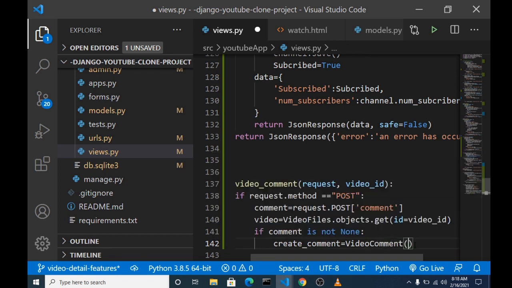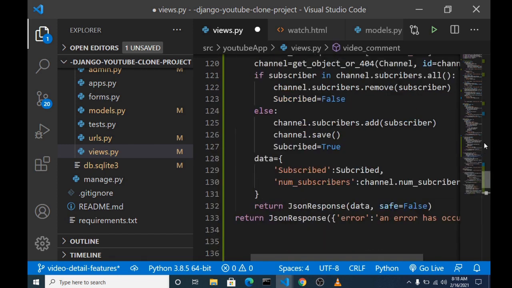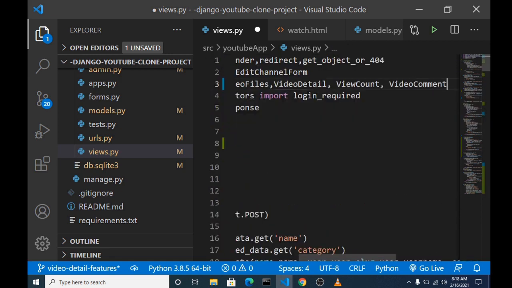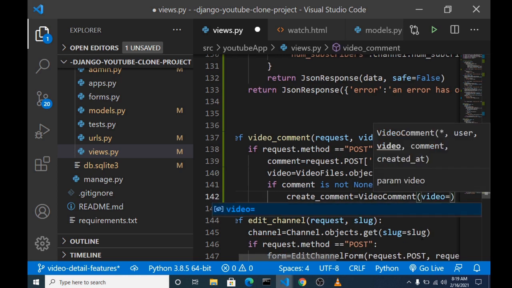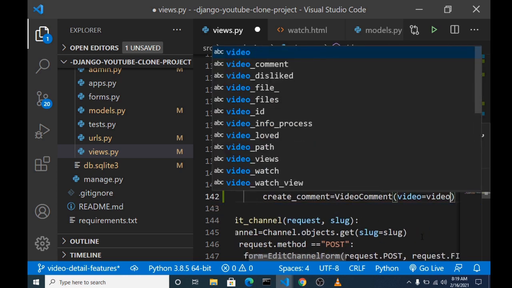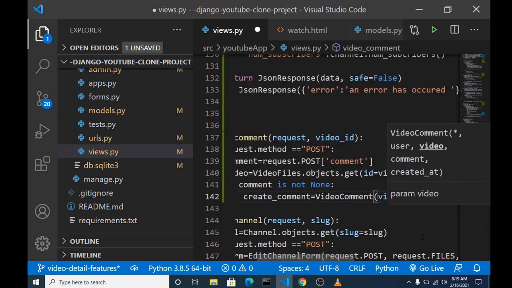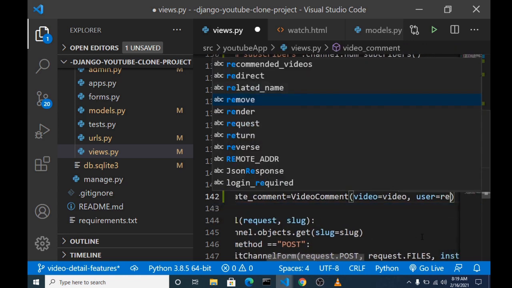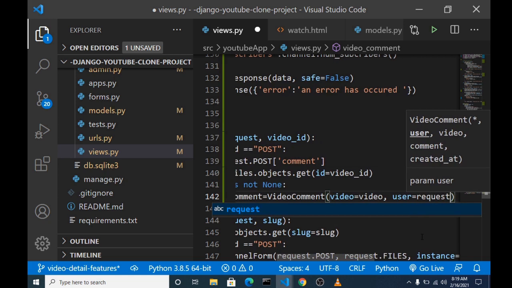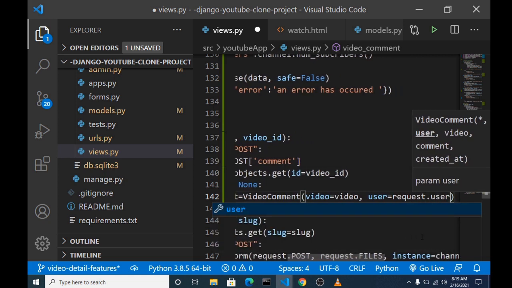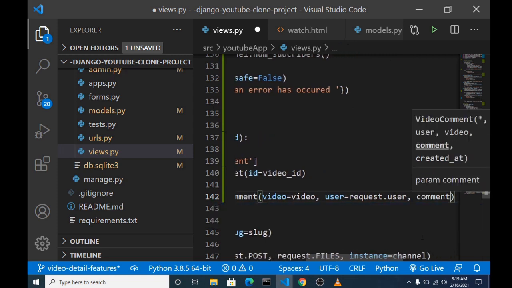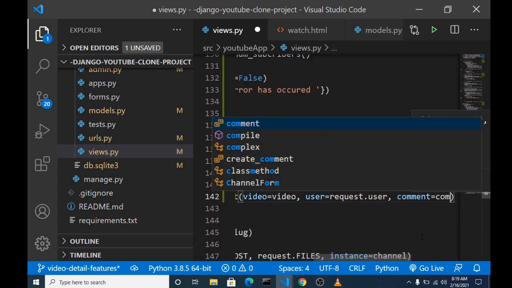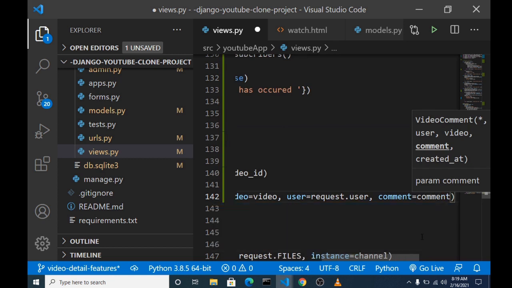I believe we know. So let's quickly import this now. Alright, so we have our video comment here that we query for, and the user equivalent to the request.user. Lastly, here the comment is equivalent to the comment from the input box.